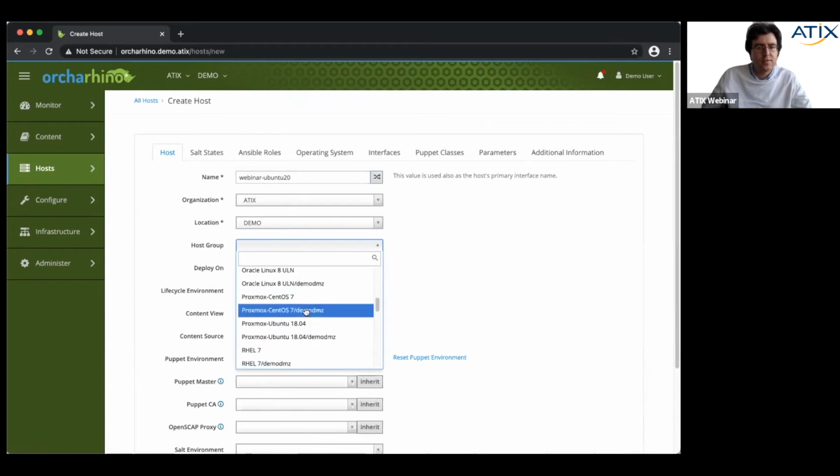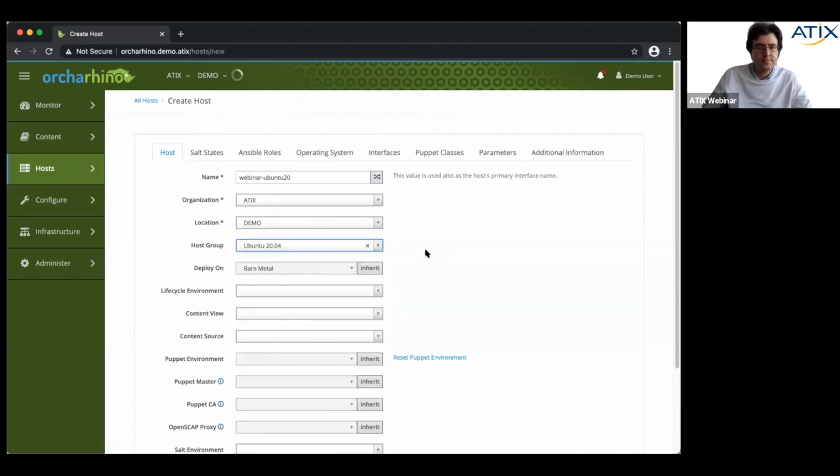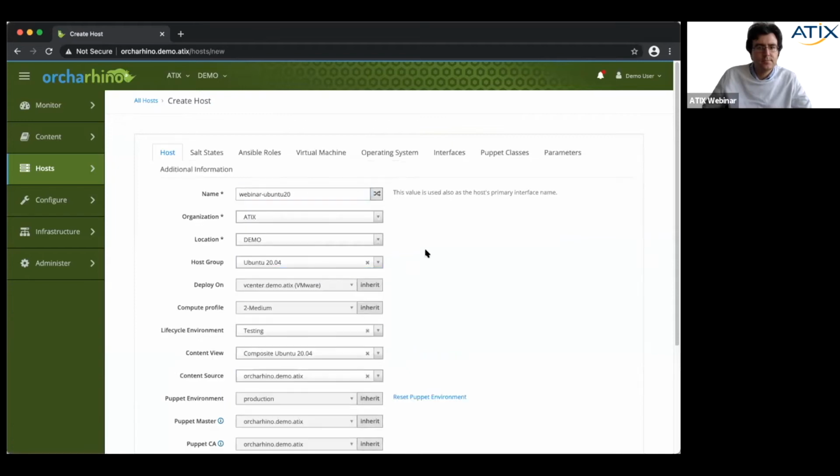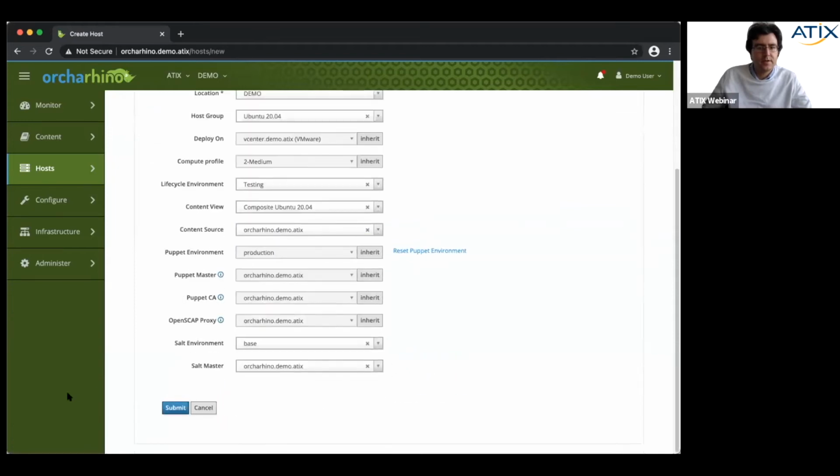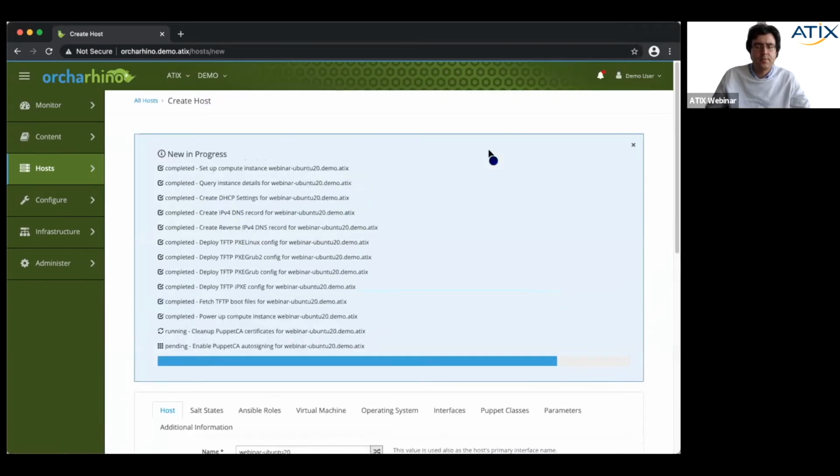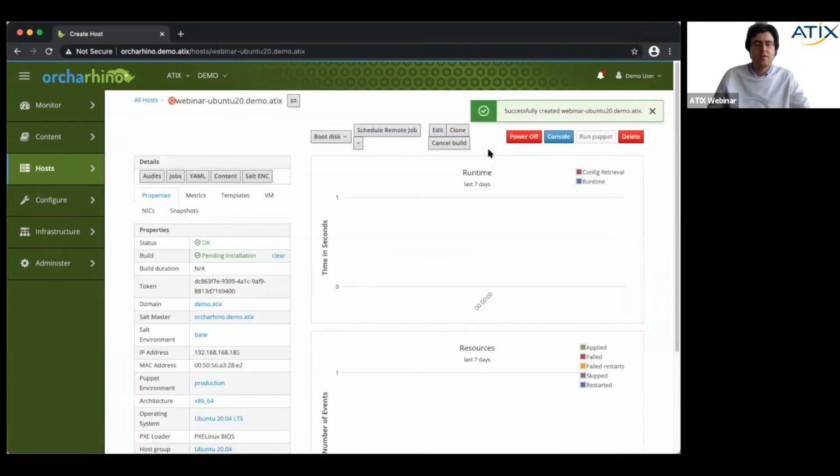I will show you afterwards what all this means, all the predefinitions. So Ubuntu 20. And we click on submit. And the host is being built, and now it's on the run. So you see, it was quite easy.